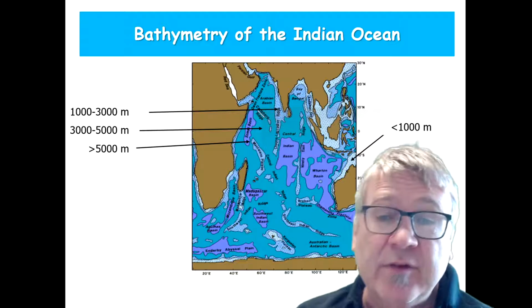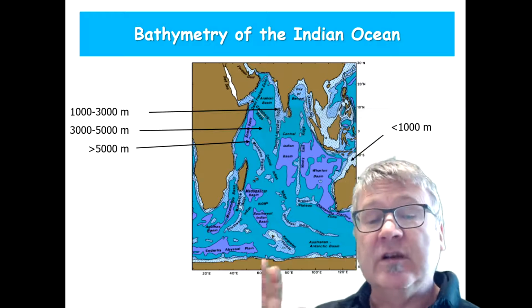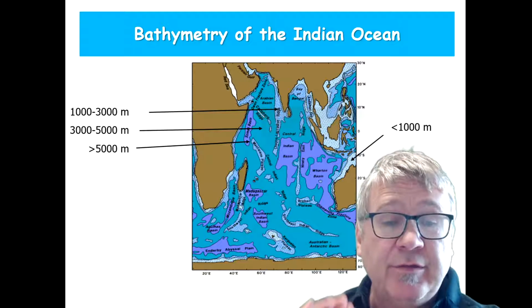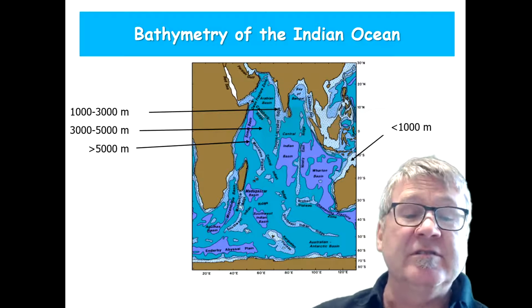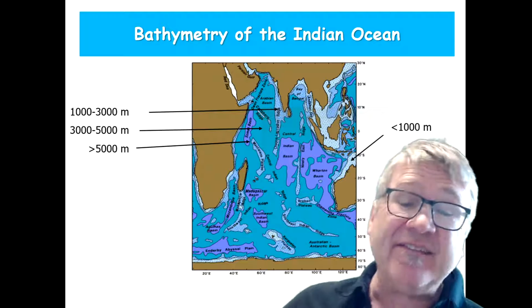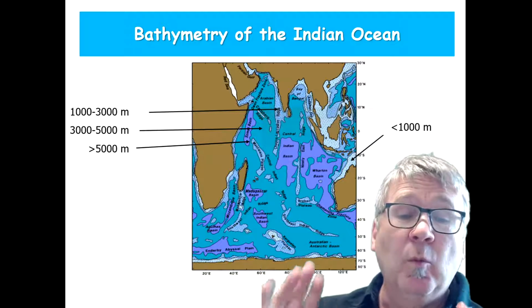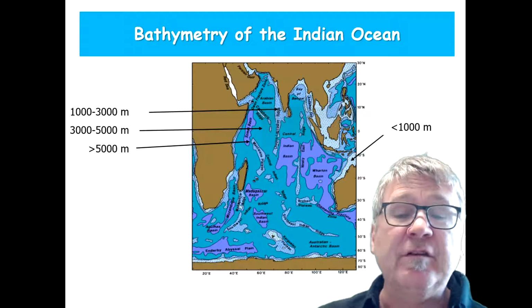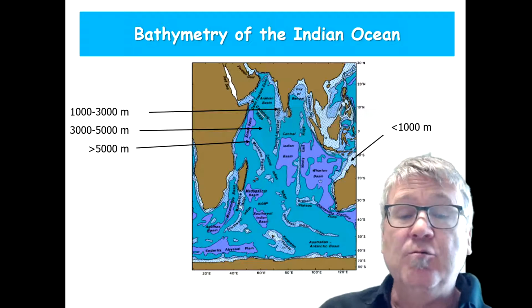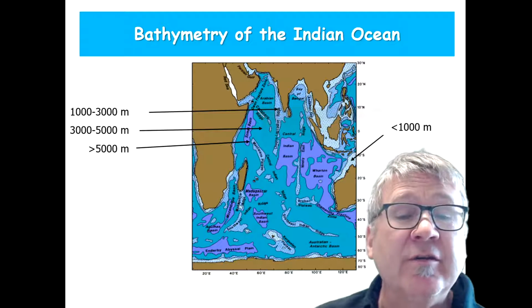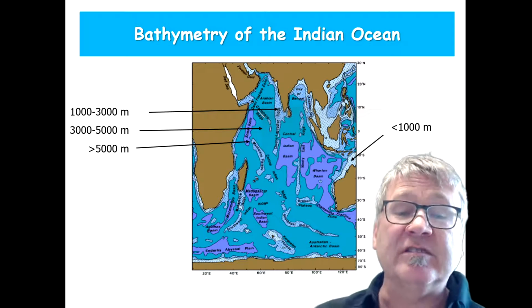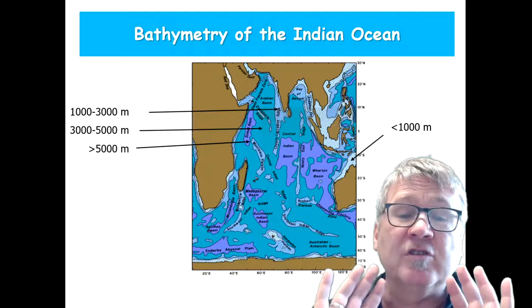So here we go again with the bathymetry of the Indian Ocean. You can see it again: three different depth regimes. You see the deep basins, with water depth between 3 and 5,000 meters. And then you see ridge systems, which are shallower, and the even more shallow regions. I just want to put your focus on